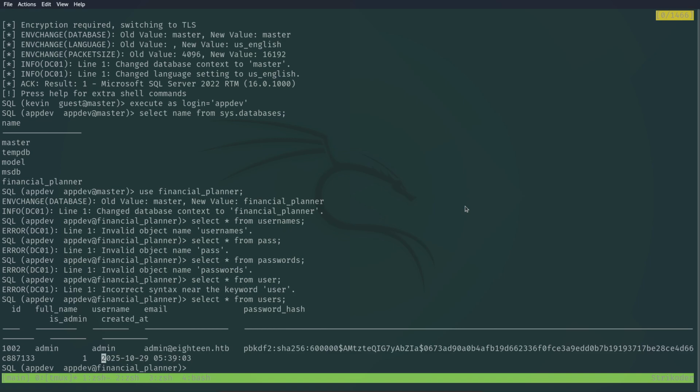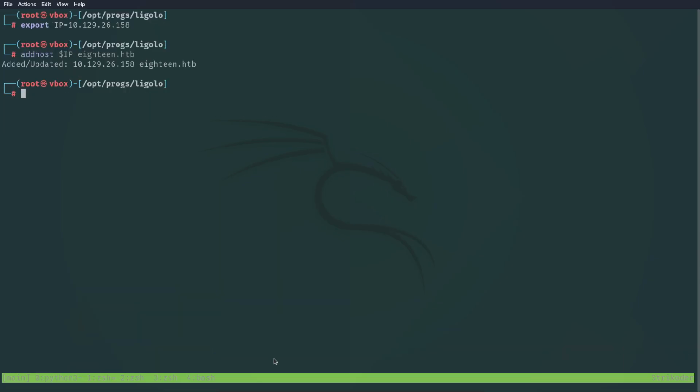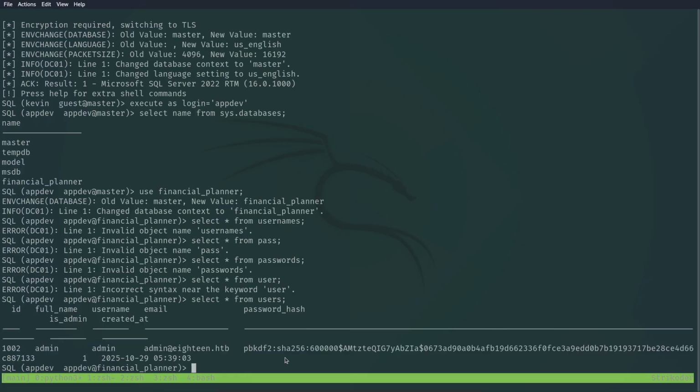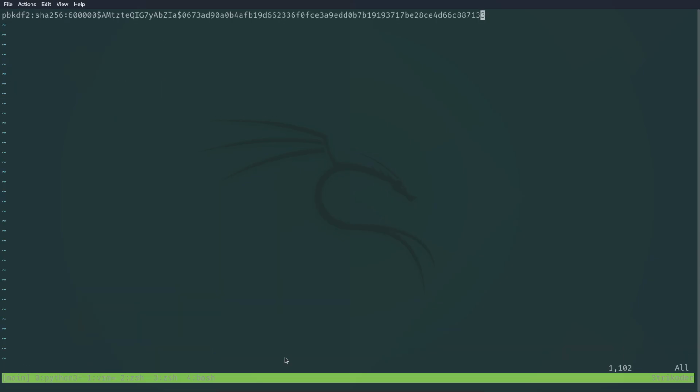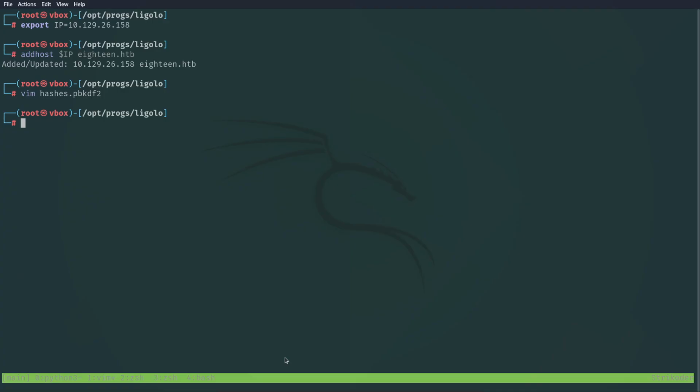And let's get this. And we see admin at 18 HackTheBox, and we have this password hash. So vim hashes dot bb kdf2. I will paste this. However, there is